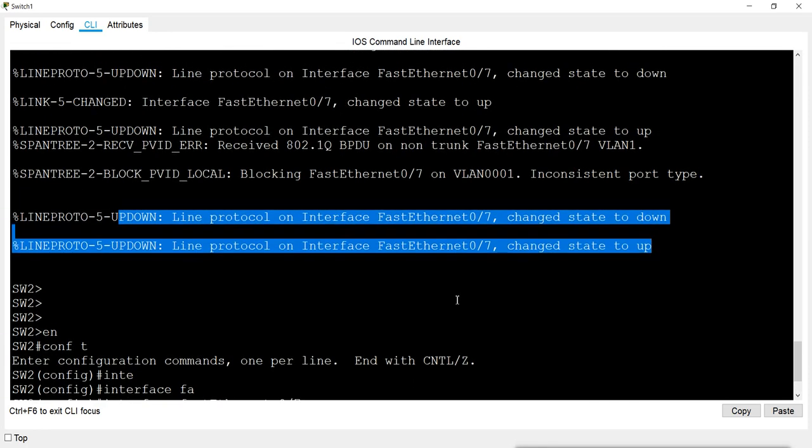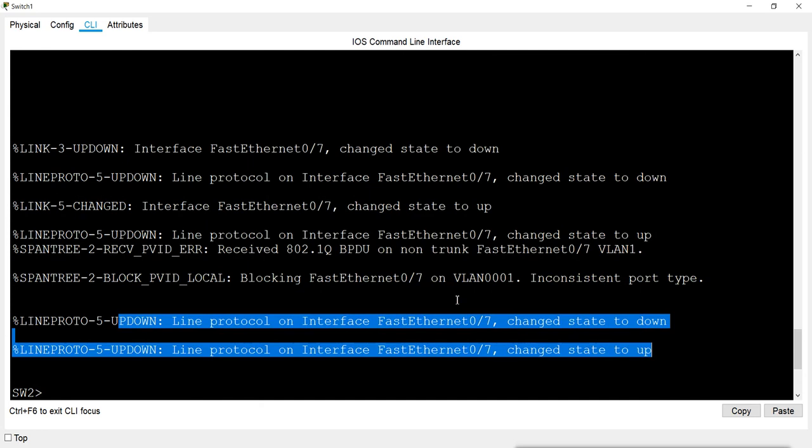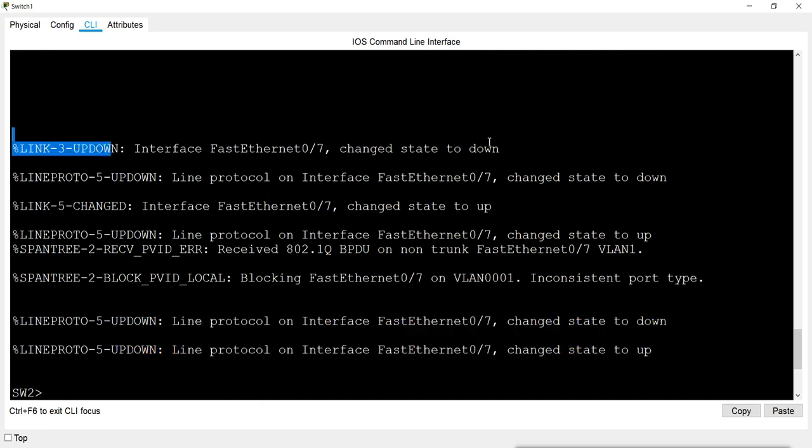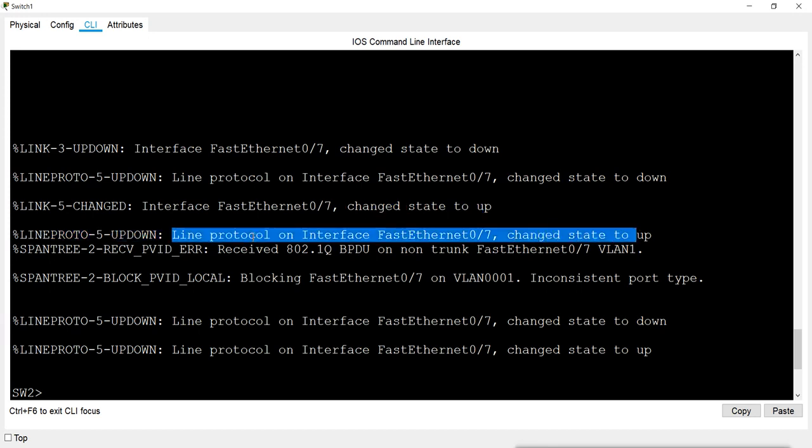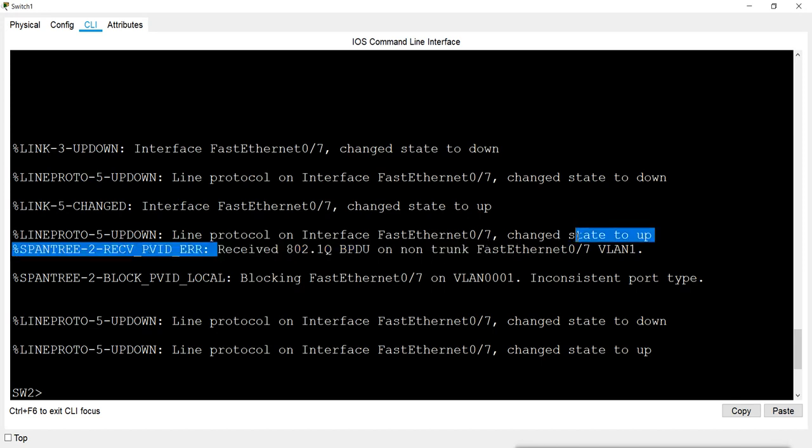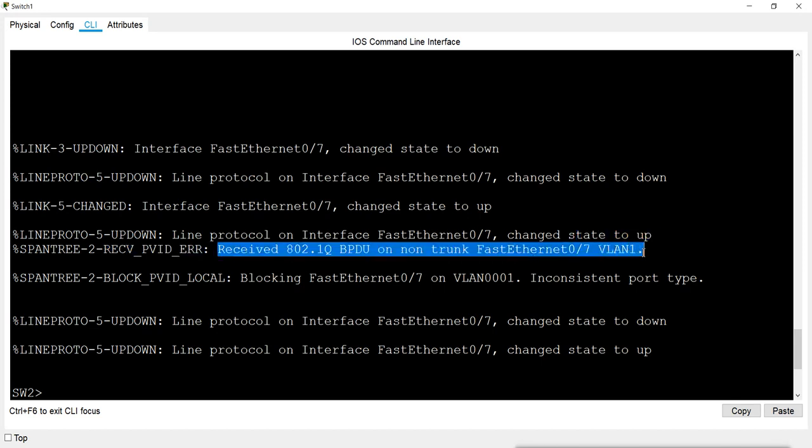If you see here, some messages are there. It went down here, then it came up, and then it says line protocol on interface 7 changed to up, and it receives the message saying 802.1q on non-trunk VLAN ID, and it is blocking this VLAN 1.